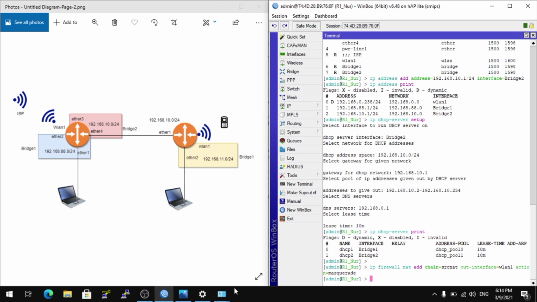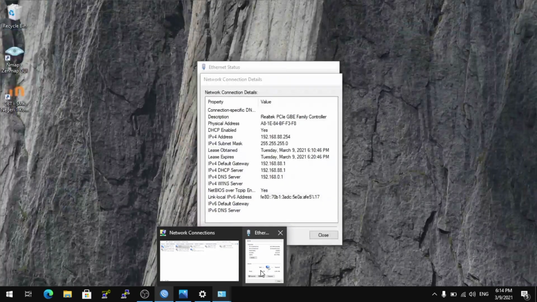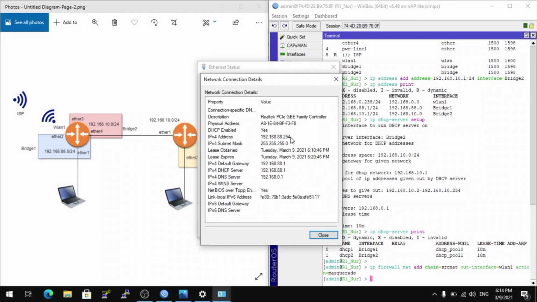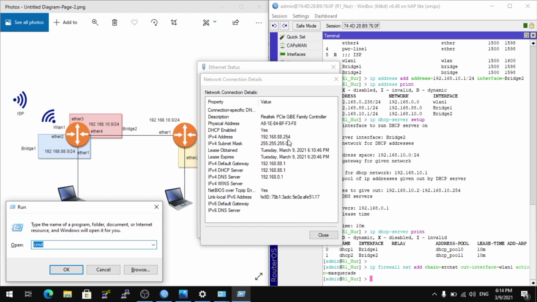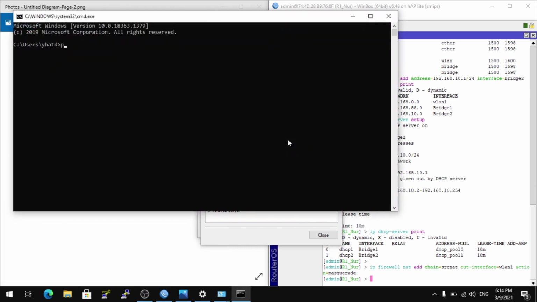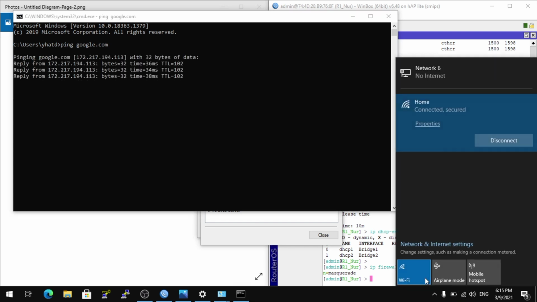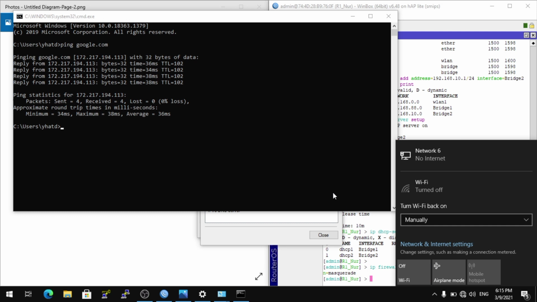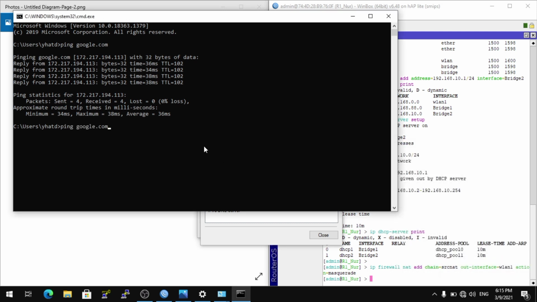Check internet on your laptop. This is my laptop using IP 88.254. Open your CMD and type ping google.com. I'm sorry, I am disconnecting interface wireless. And type again ping google.com.